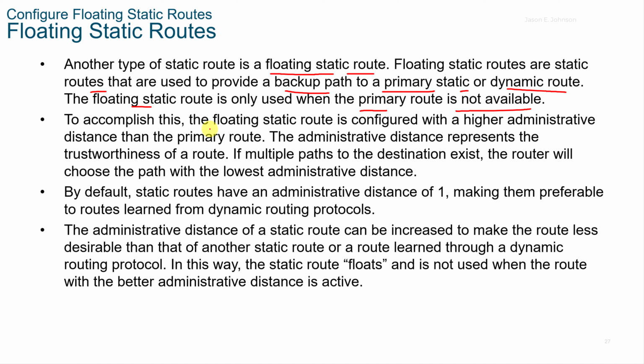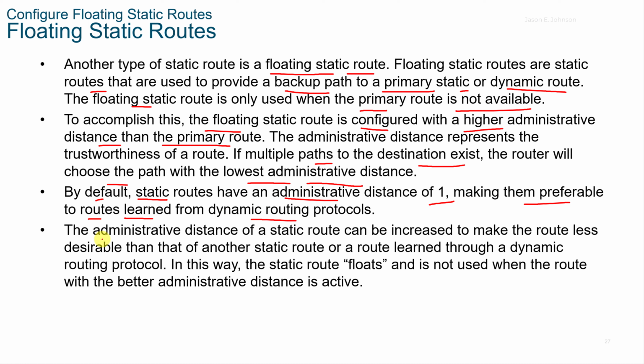So to accomplish this, the floating static route is configured with a higher administrative distance than the primary route, and the administrative distance represents the trustworthiness of a route. And if multiple paths to the destination exist, the router will choose the path with the lowest administrative distance. And by default, static routes have an administrative distance of 1, making them preferable to routes learned from the dynamic